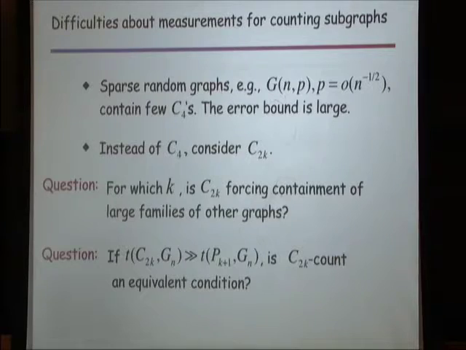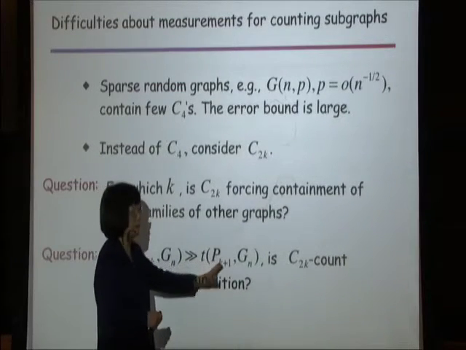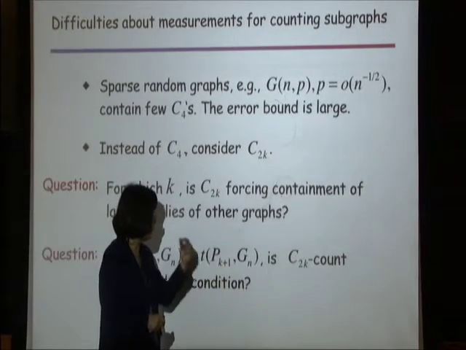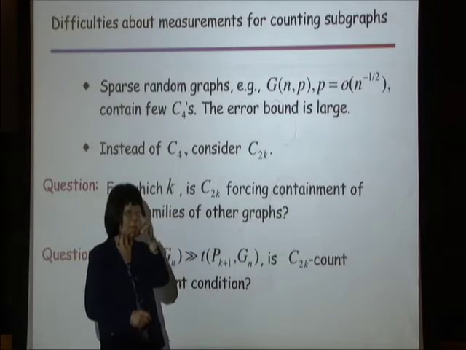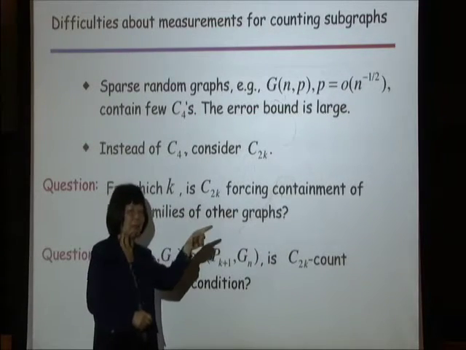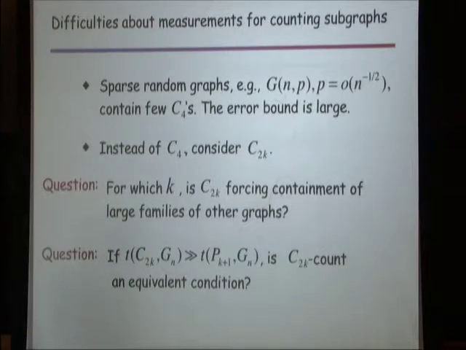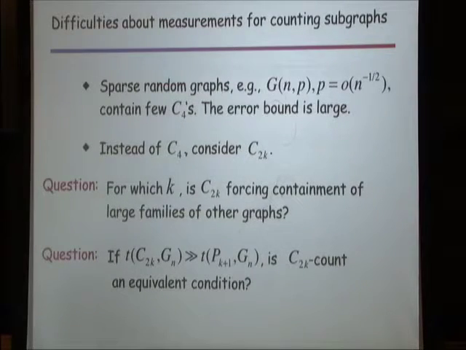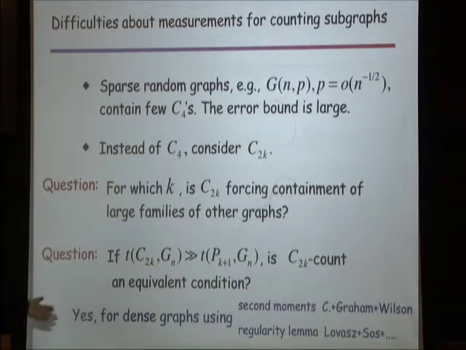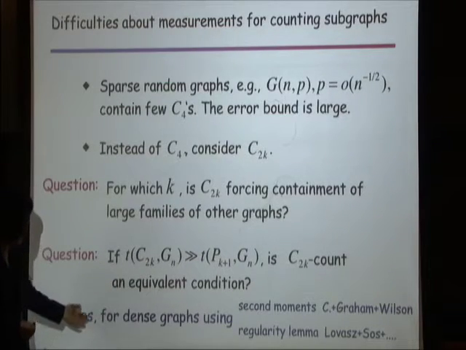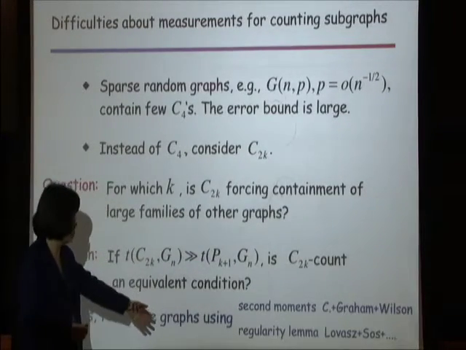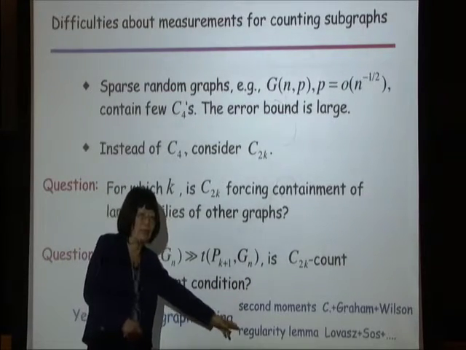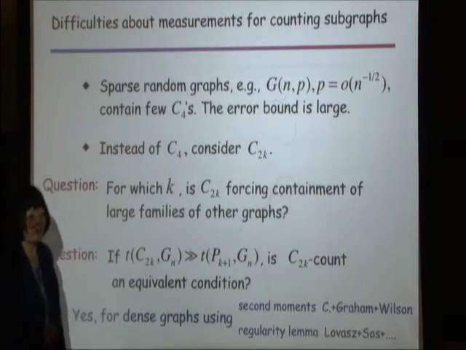What's P sub K plus 1? This PK is the path of length K plus 1. If you see this, every path you can unfold and make into the double-fold cycle. Every edge appears twice. So this definitely should be much more than that in order for this to make sense. So I'm leaving it. And as supporting evidence for dense graphs, definitely this is true, either using the second moment method in the quasi-random graph or using the regularity lemma in the paper of Lovász, Szegedy, and